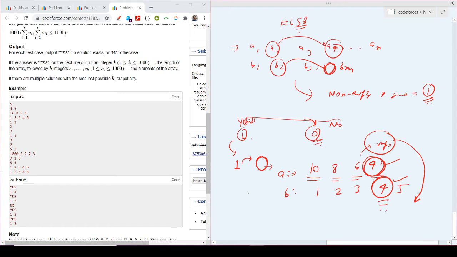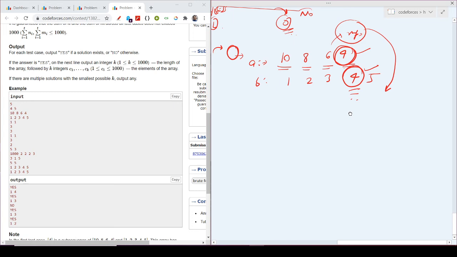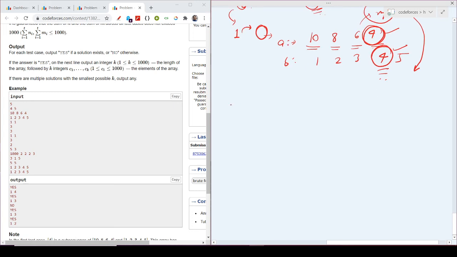So in my map of A, the count of each element will be 1.